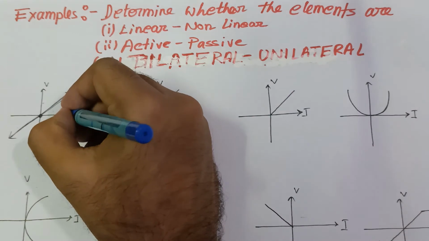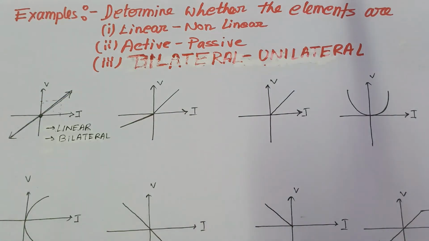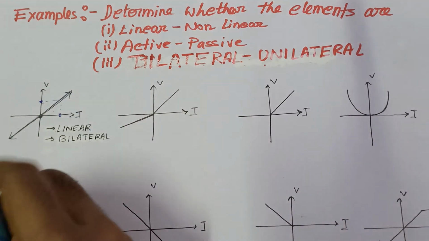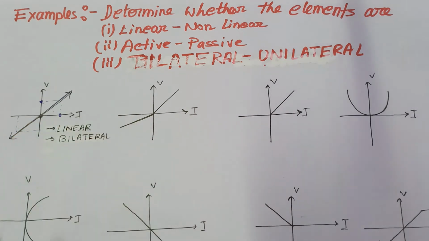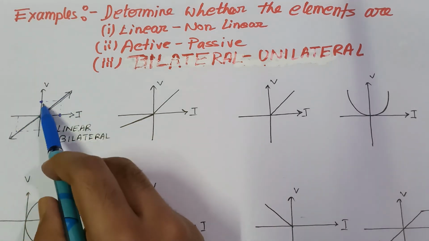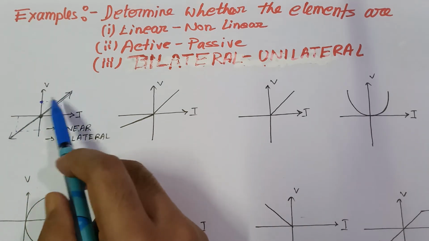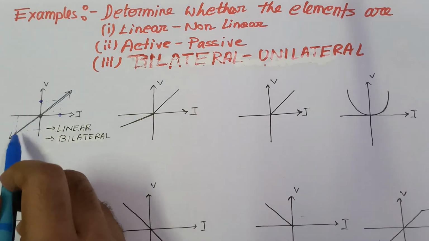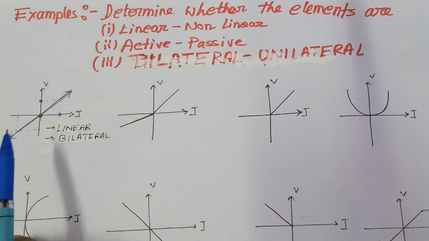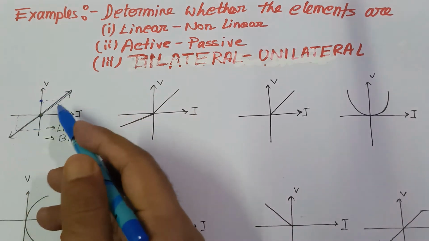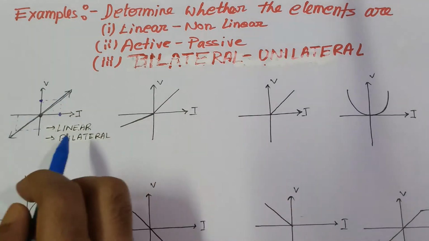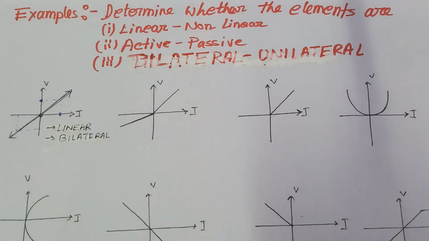You can also check by the condition of bilateral. See, this is the positive part. The ratio of voltage and current in the positive side should be the same as the ratio of voltage and current in the negative. It is a straight line, so the ratio in the positive section should equal the ratio in the negative section, because the slope is not changed anywhere. It means the impedance offered by the first terminal should equal that of the opposite terminal. So even if you reverse the polarity, the impedance will not change. So it is bilateral. It is proved.